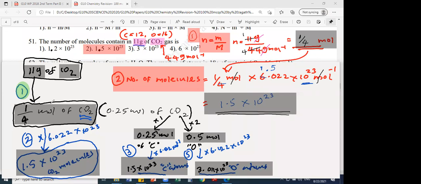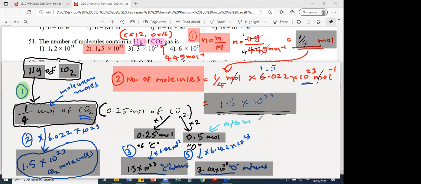This is molecular mole. Molecular moles should be converted into atomic moles. Atomic moles, that's what I did here: 0.5 moles of atoms. So that is based on the formula of the compound. This is atomic moles. Atomic moles multiplied by Avogadro constant, you get atoms.